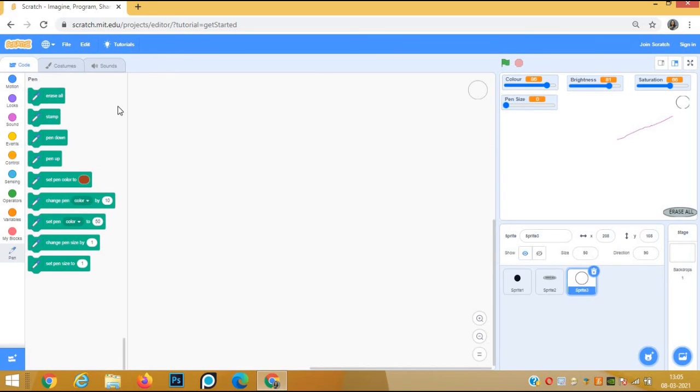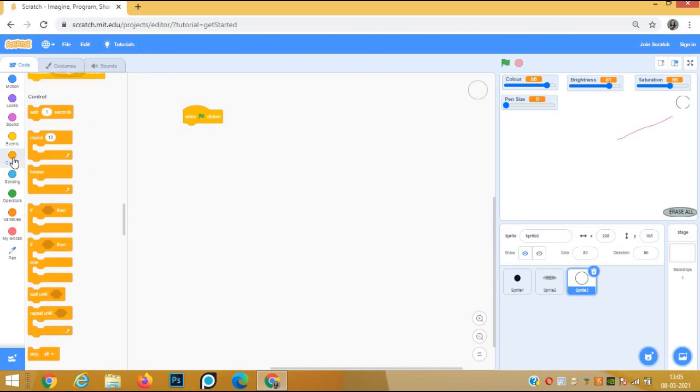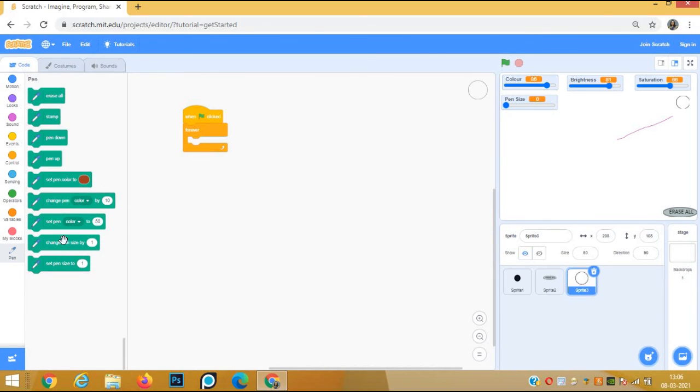So from events, when green flag clicked, forever. Go to control block, repeat forever, set pen size to 30. This pen size we are putting 30 so that we can see what color we are selecting. This pen size will show us what color we are selecting. Pen down,